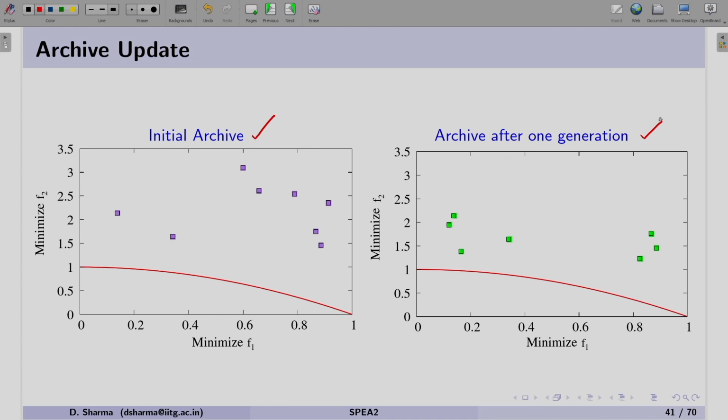On the same scale of F2 and F1, we can see that the solutions after one generation started moving towards the Pareto optimal front, and that is what we are expecting: generation by generation the archive will be updated and the non-dominated solutions will be emphasized, and these solutions will be moving towards the Pareto front and finally converge on the front.